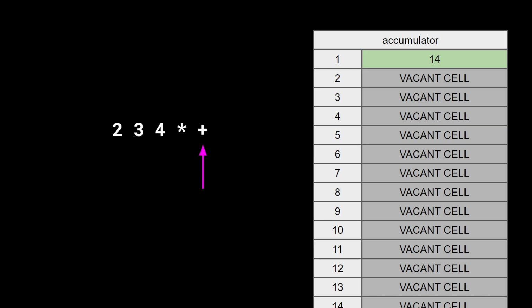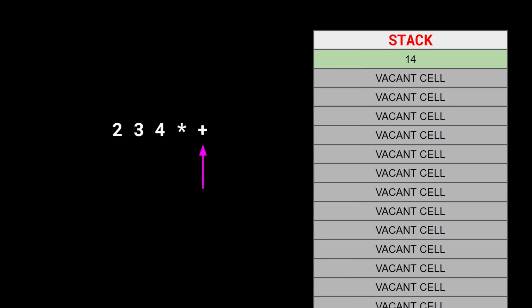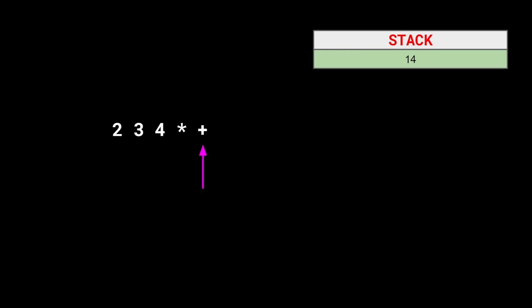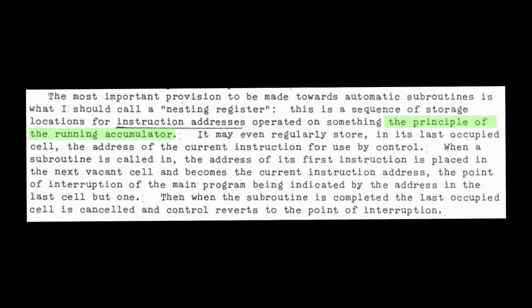So it should appear clear that the accumulator is really just a stack. We don't really need to keep track of the cell numbers or of vacant cells. We can just push or pop elements, and the final result is on top of that stack. This paper really describes a stack, and it goes a bit further by proposing to use the principle of this